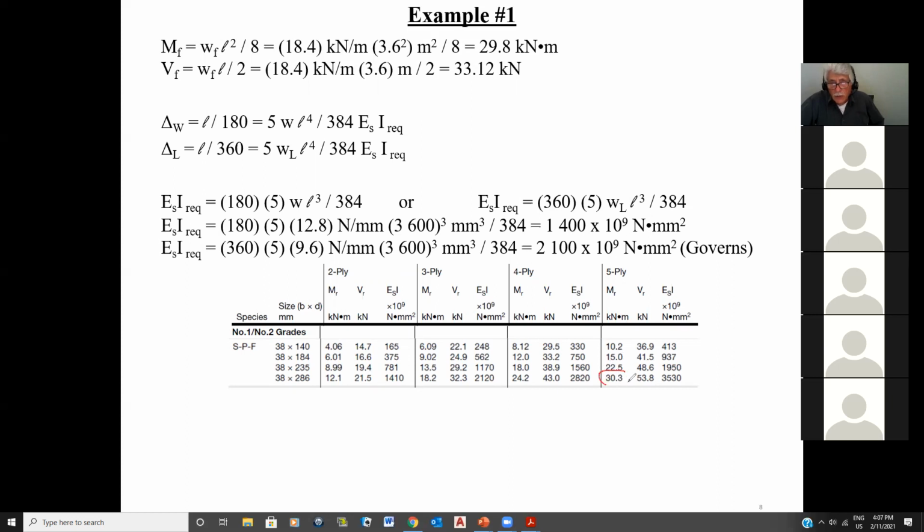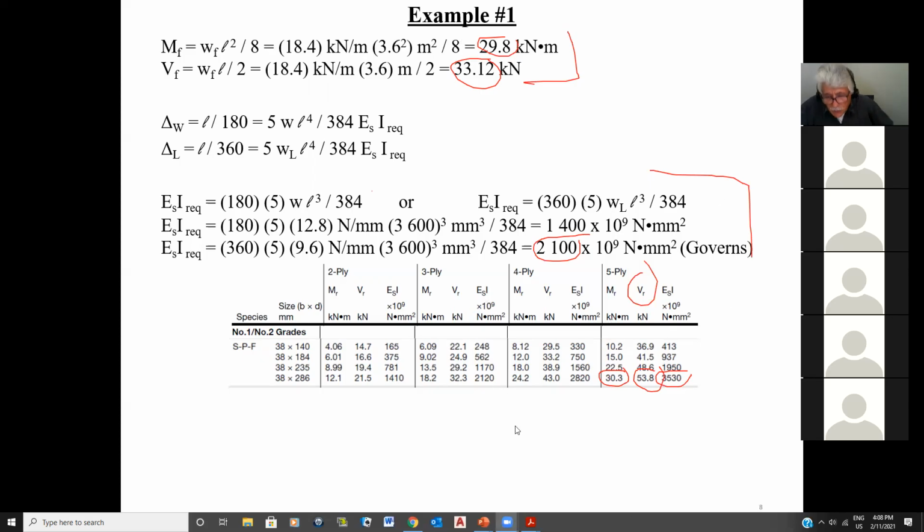I have an MR value of 30.1 kilonewton meter, which is greater than this one here. Greater than that. I have a VR value of 53.8, which is greater than the 33.12. Great. And then I have my ESI provided, which is 3530, greater than this. So that means I'm going to have a deflection way less than L over 360, which is even great, okay? So there are my 3 values. They exceed what I need in order to make sure my beam is strong enough and it's stiff enough, and therefore,